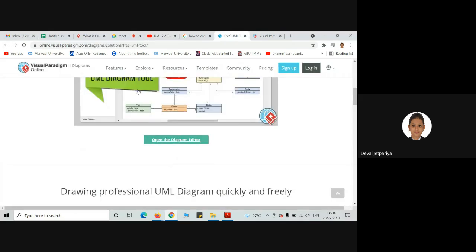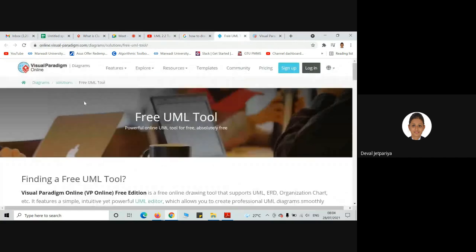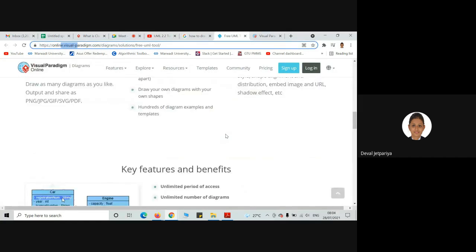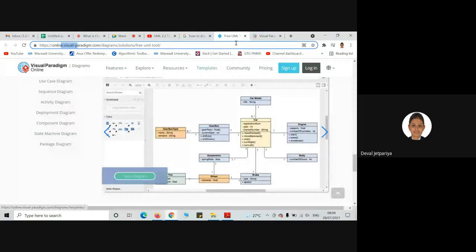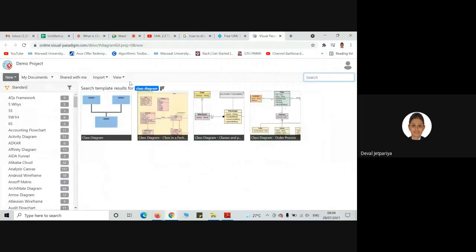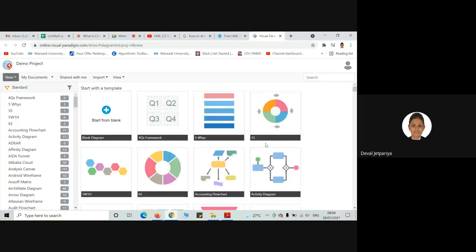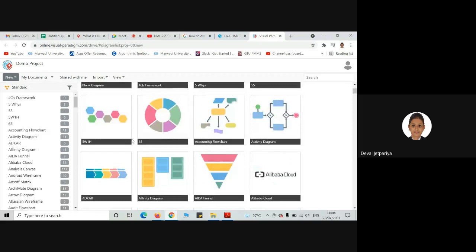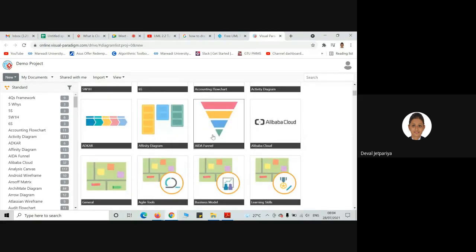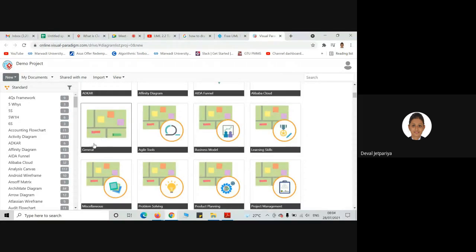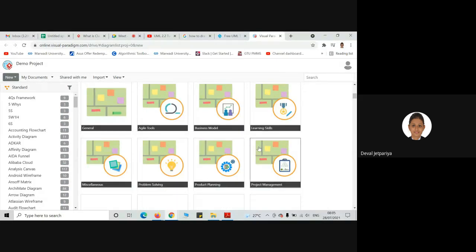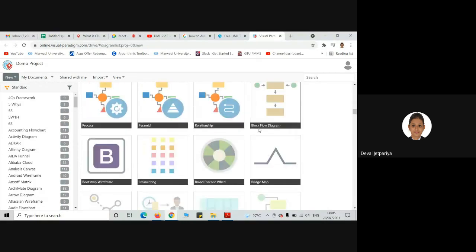After that, there is a free available online tool, visualparadigm.com, where you can simply click on Open Diagram, and here it has all types of diagrams: activity, accounting flow chart, Alibaba Cloud, general, agile tool, business model, so many diagrams.